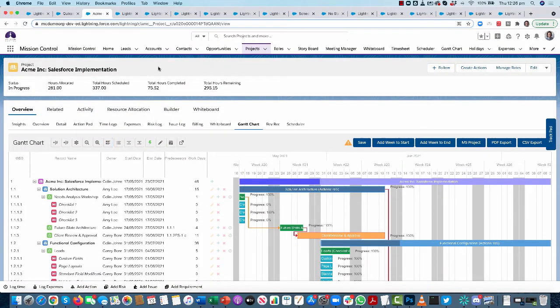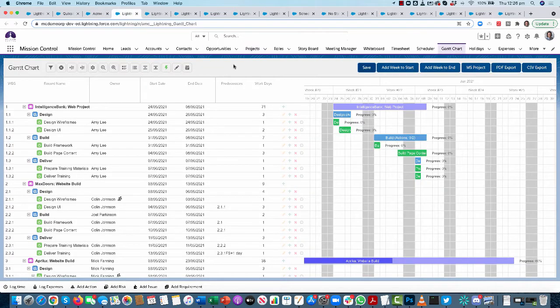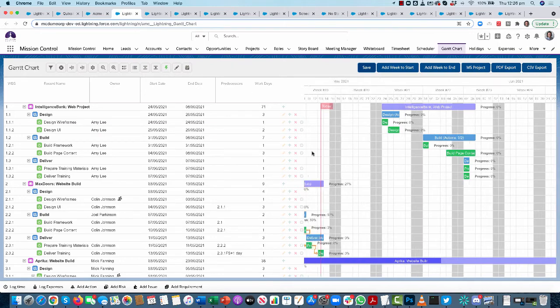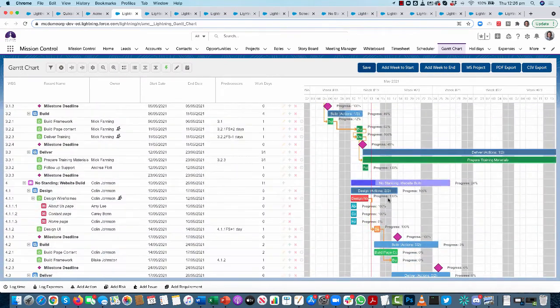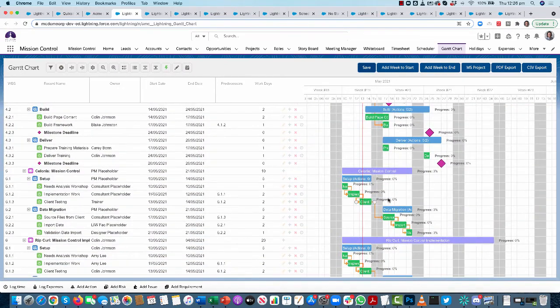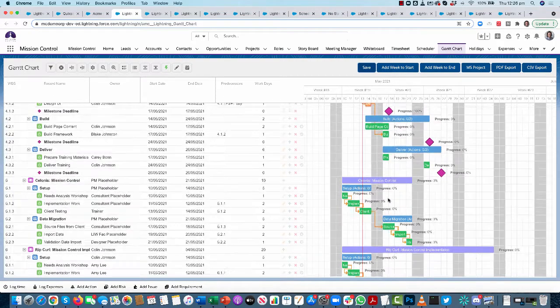Now, we've also got the ability to look at the Gantt chart as a standalone tool. So rather than looking at one individual project, you can also have it open as a standalone page where you can view multiple projects. So you'll see here that I'm looking at multiple different projects in context of one another. If I scroll down, you'll see I'm able to see everything. For example, this could be everything that I'm the project owner of, or everything relating to a particular customer or